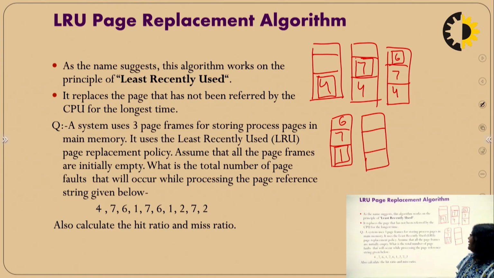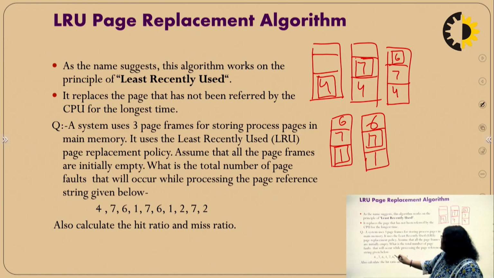Now, the next element is 7. 7 is already present in this window. So we take 1, 7. But this time, the 7 is considered a new element, not an old element. It is replaced with the 7. 7 is considered a new element, not the old element. This is the big thing that we always keep in mind in least recently used. So 7 is a new element.